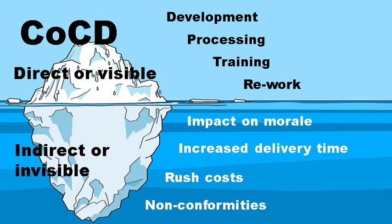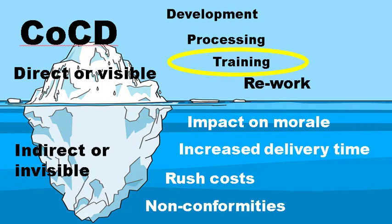Hidden costs may include diminished personnel morale due to the need to deal with messed up documentation all the time, increased delivery time due to rework, costs associated with rush releases, cost of withdrawal of deficient procedures, and others. Today we will talk about one of the visible costs, the cost of training related to newly released or revised